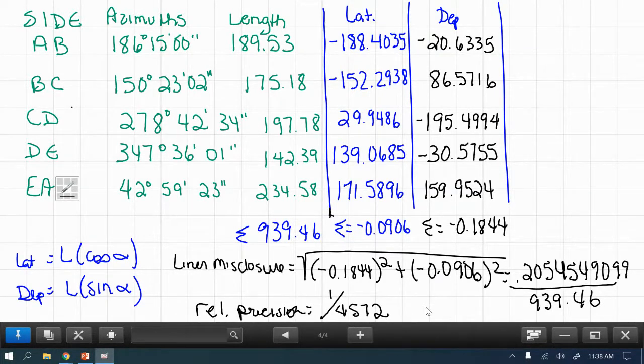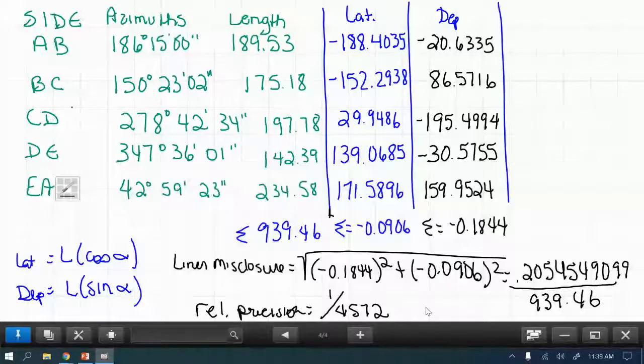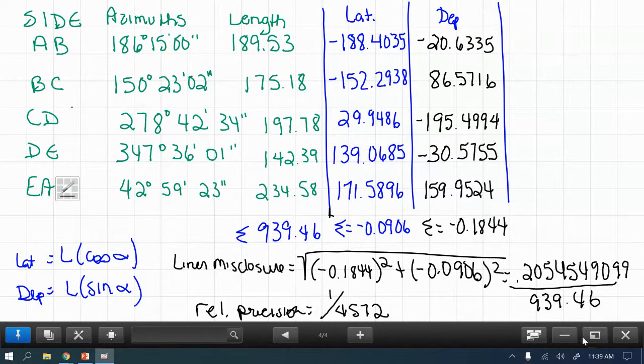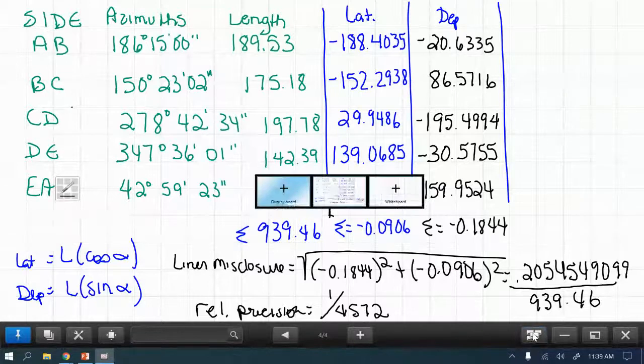So this is just kind of a review to this point. Tomorrow, we'll do our adjustments, we'll balance them, and we'll get our coordinates. So we'll be working basically out. I'm going to save this. I'll save it as a PDF too. Make it a little bit neater than